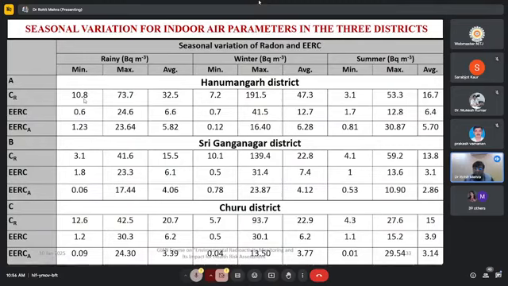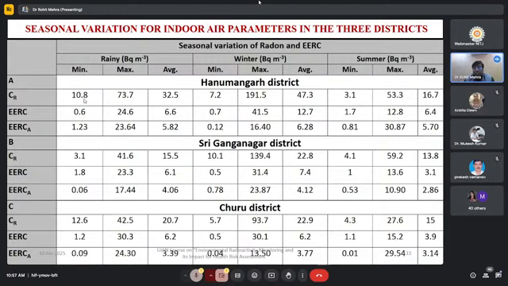If you have better ventilation conditions, you would have lesser concentration of radon. That is why it is always preferred to have houses designed in such a fashion that the ventilation conditions are good enough. That is what I was discussing in one of my lectures, where I said that we are now using closed kitchens, closed rooms, and placing more granite in our houses.